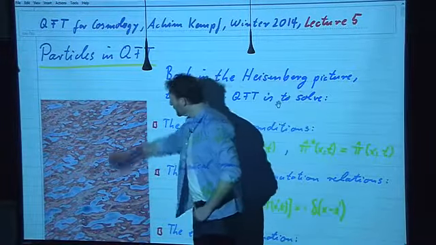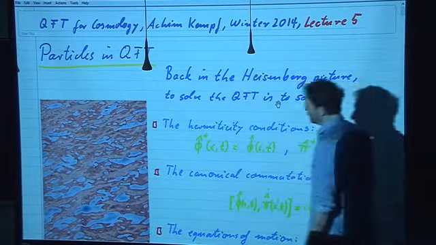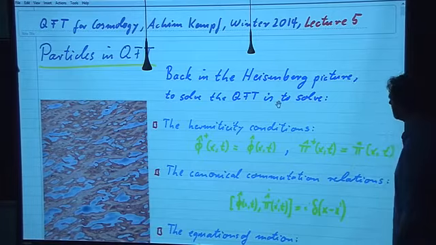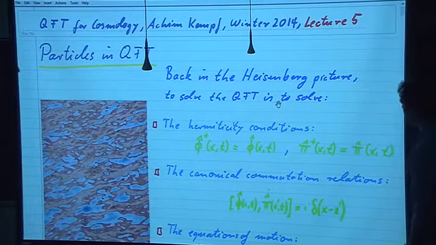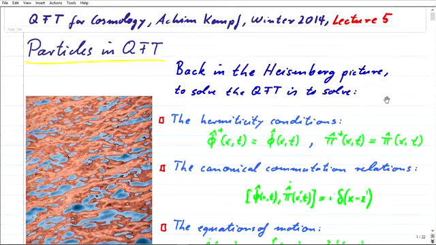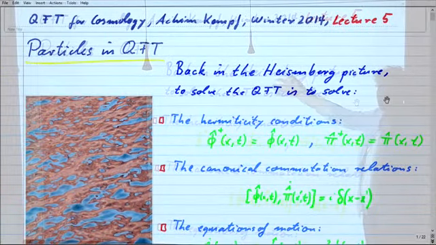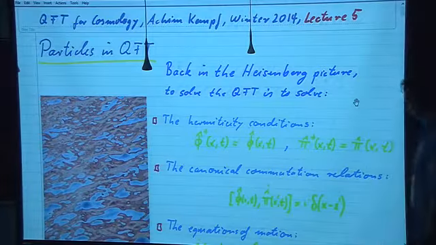So far, it all seemed to be about the amplitudes of quantum fields, much like the amplitudes of the water waves on a lake. So let's see how particles come in. We return now to the Heisenberg picture. And in the Heisenberg picture, to solve a quantum field theory, in particular the quantum field theory of Klein and Gordon,